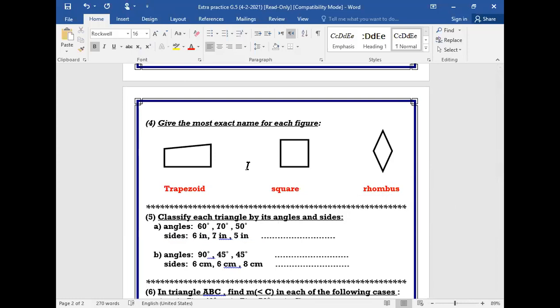Right, obtuse, acute? The measures of the angles are 60, 70, and 50. All the angles here are acute angles. 60 is acute, 70 is acute, and 50 is also acute. For that, this triangle is an acute triangle. Now, according to length of sides,